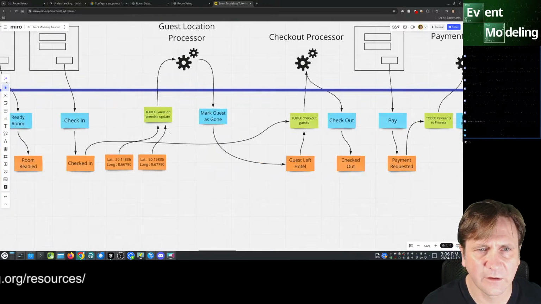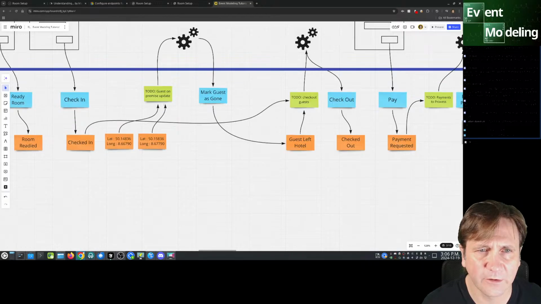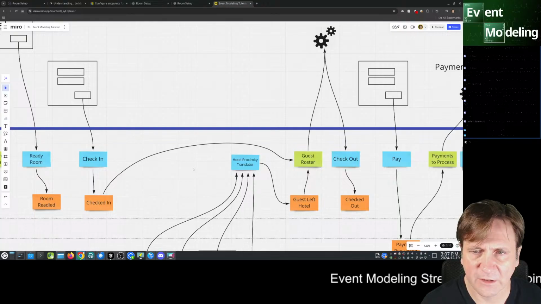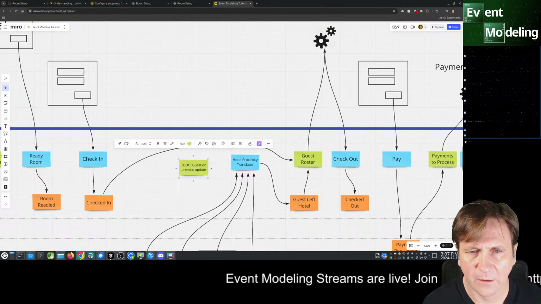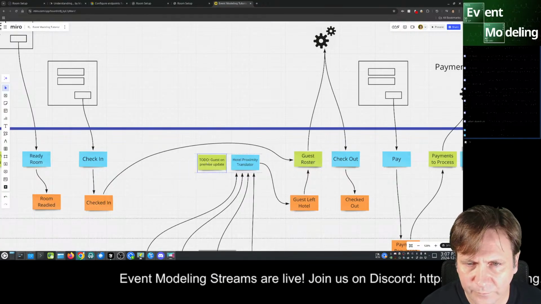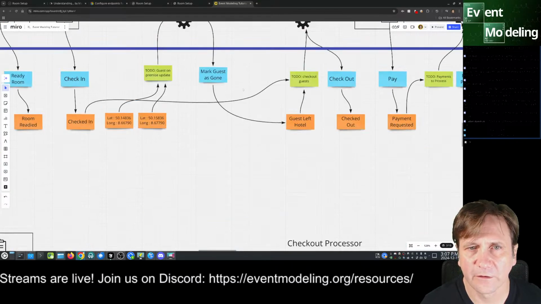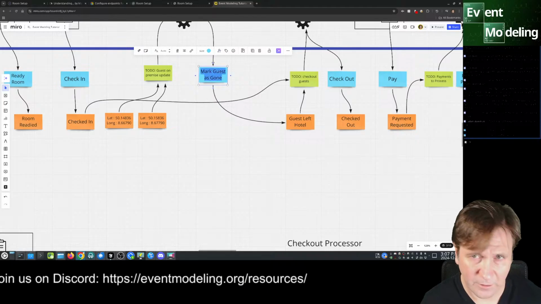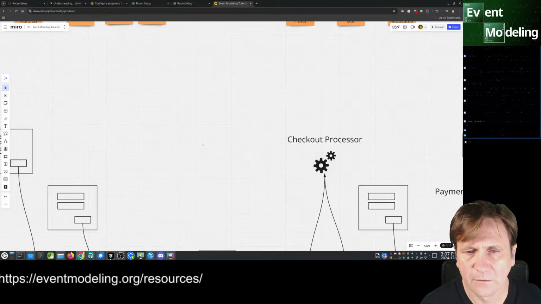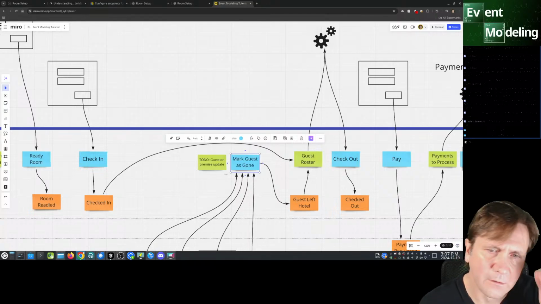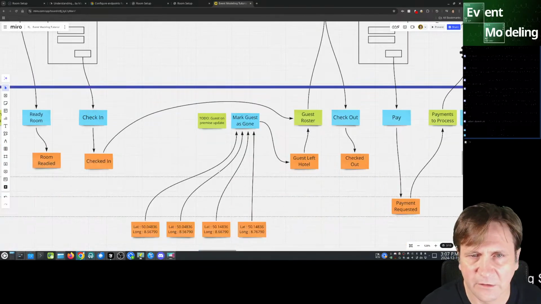Processor that. To do guest on-premise updates. So we have that, and we paste that here. And then this is Mark Guest is gone. Same as that.